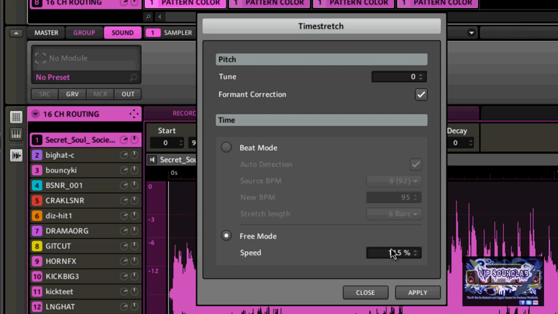I can do it with the controller, or you can use your mouse like this. I'm just going to use my controller right now just so I can get it back to where it was. And that's good enough. All right. And if I'm over here on beat mode, you can do,